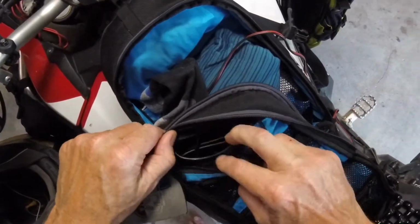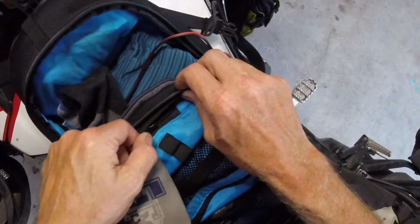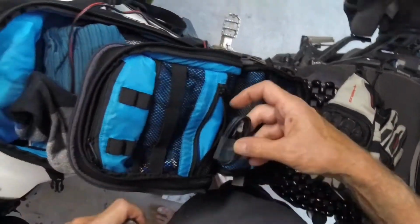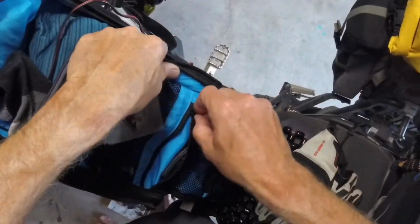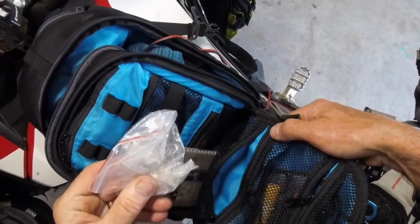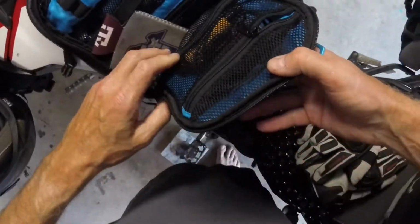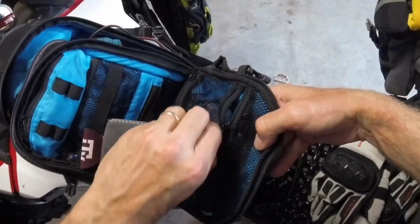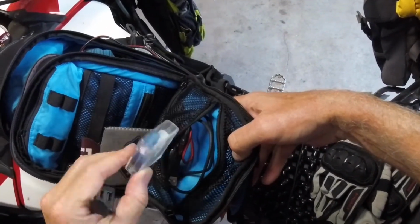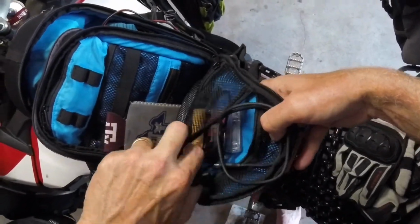And then over in here I have my charging cable for my Sena camera and headset. And extra cable for GoPro goes here. Then over here I have an empty baggie, just to keep loose parts or something. And then in here, this is how I charge my GoPro at night. Got some earplugs if I want to use them. Extra cable for my GoPro, some chapstick,